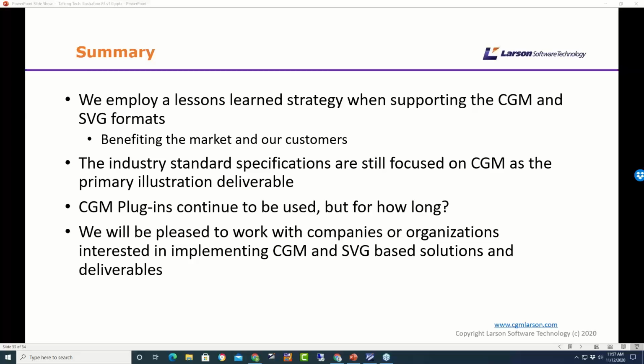Well, as a general rule of thumb, I see a two to three times expansion going from CGM to SVG, which is not bad considering that SVG is all readable XML text.